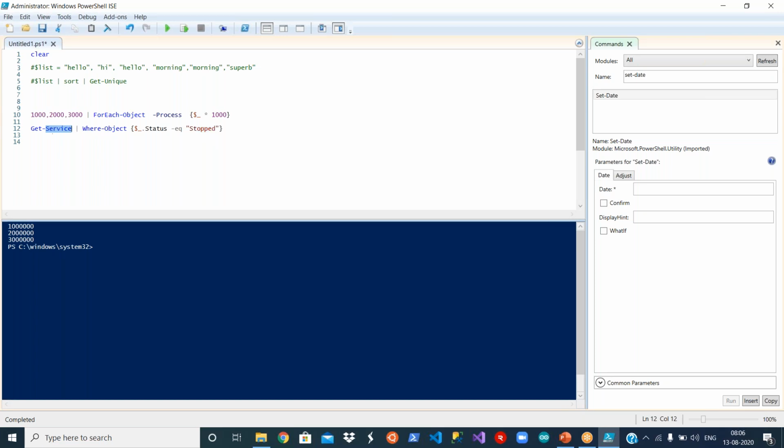Again, you see, this is a command, a pipe symbol, and again you are applying Where-Object. Get-Service will give you a number of services, let us say some 1,000 services. All those 1,000 services will go to the $_ system variable. Since you are applying Where-Object, for each service in this $_, the status will be checked for stopped. Then it will be displayed here.